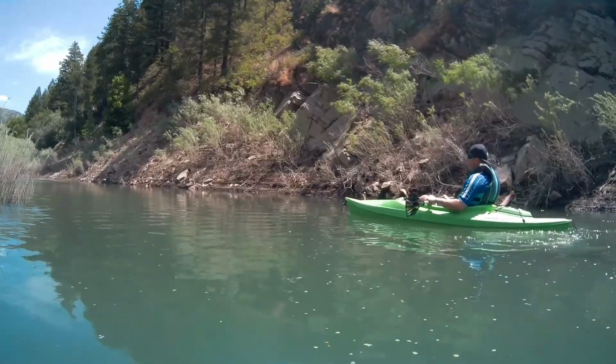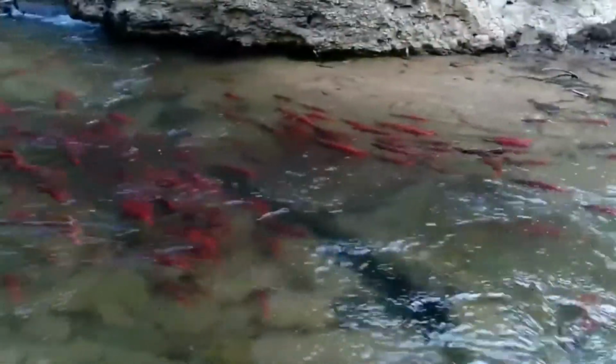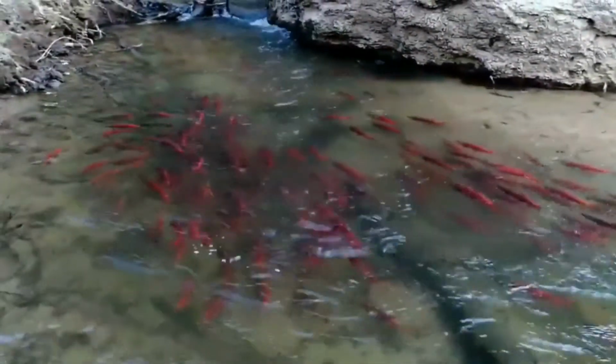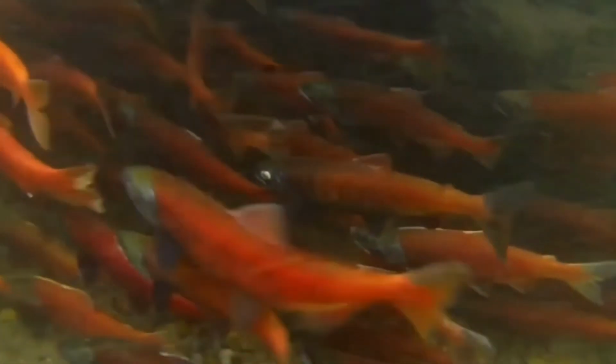this is kind of where the river hits the lake. Right in here in the fall, this place fills up with salmon, because this lake actually has kokanee salmon in it. So when they're on their spawn, this is where they head up, and you can see tons of them right here in this little spot. They're all red colored and very odd looking. And there's also little